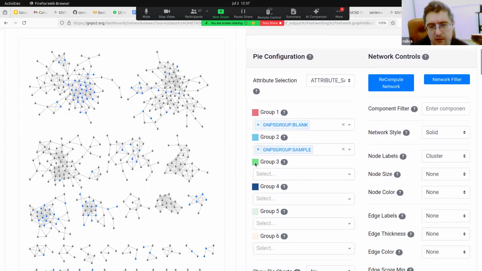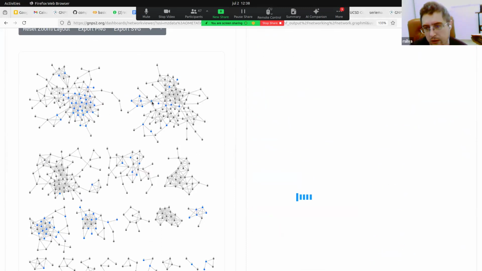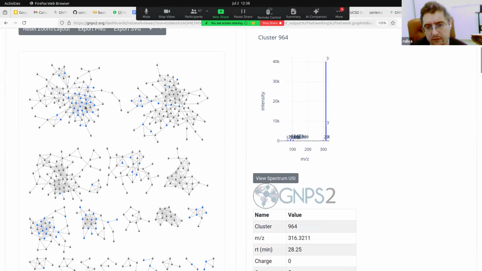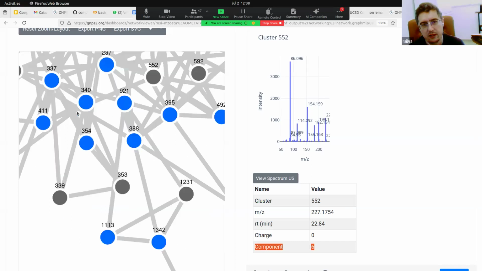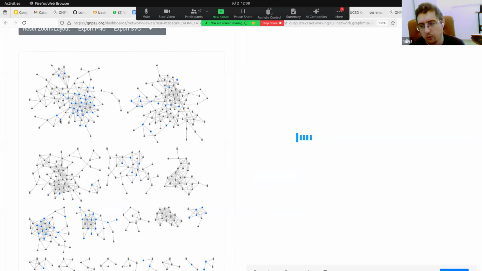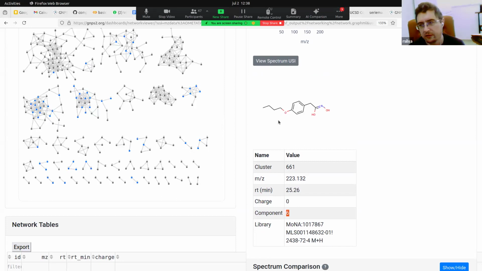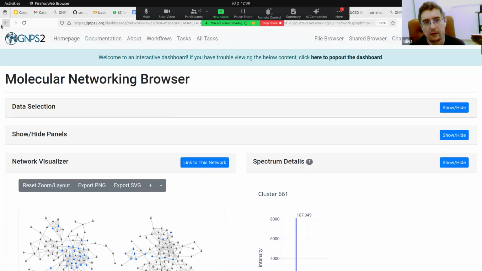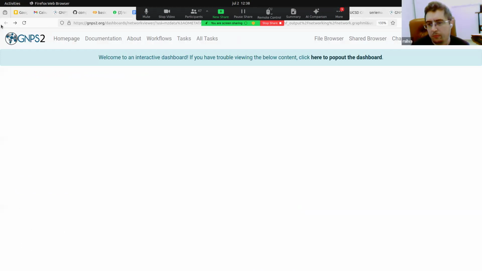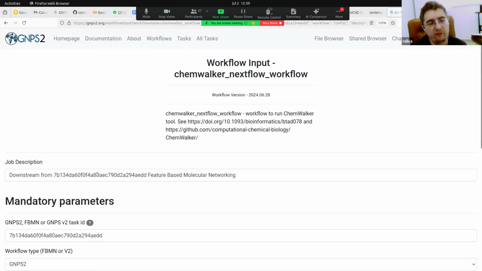So if I search on this, let's say you have a node that you are interested in on your molecular network, and you can see from this panel here the connected component index, right? Knowing this connected component, let's say you are interested in some node on this molecular family. So you are going to use this component index to propagate the information on this molecular family. So you have to be able to identify this component index, and then you can go back to your job page, and you can do downstream analysis with ChemWalker,